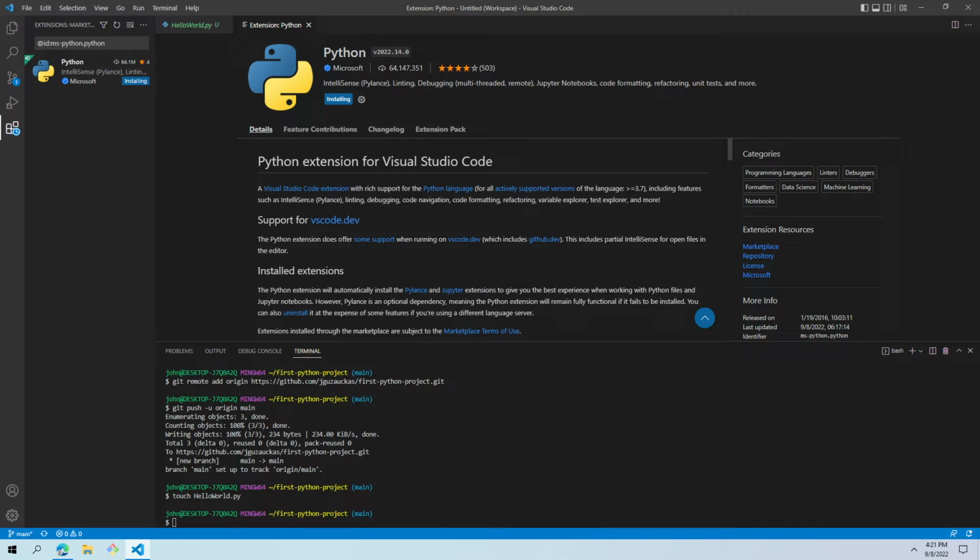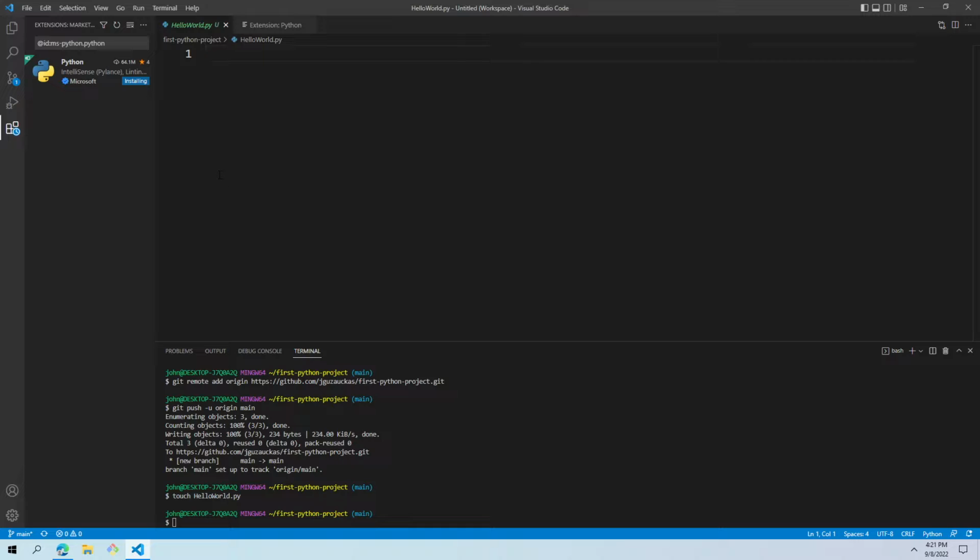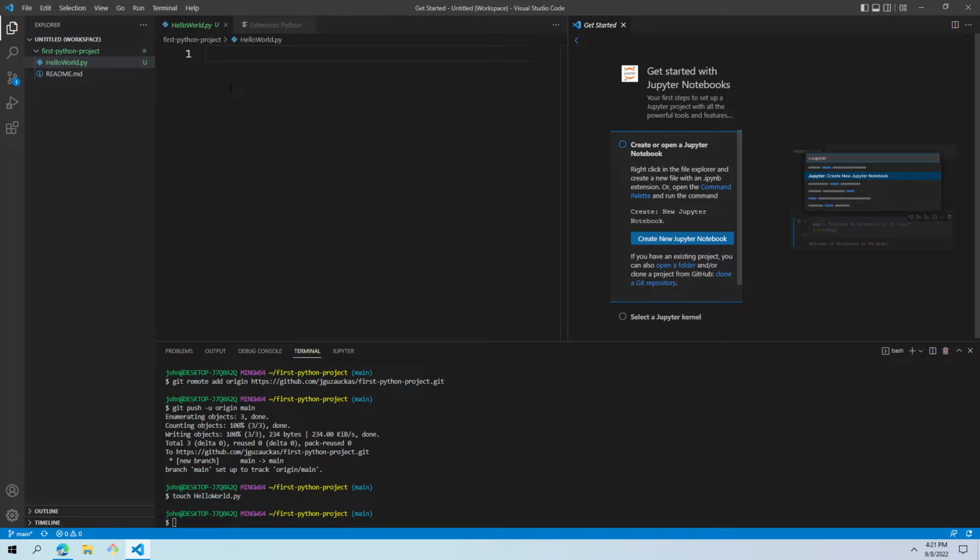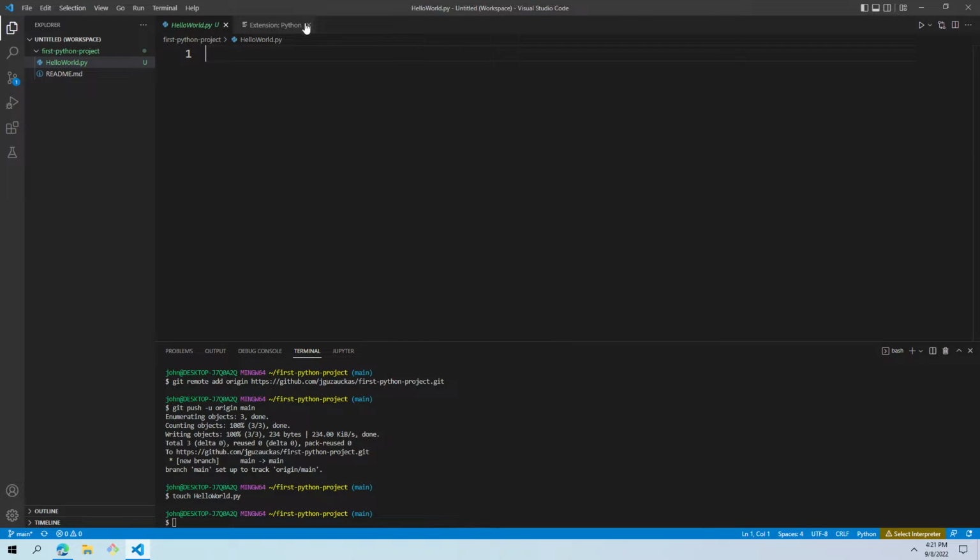So this will come up. It'll say installing. It'll do its job in the background. And it's probably going to pull a couple things up once it is finished installing, and we're going to close them as soon as they open here. So for the time being, back to hello world.py, and for a moment, I don't actually want to put anything in hello world.py yet. Oh, there it goes, it finished. I'm going to close both of these. I just want to start by committing that I've made this file,